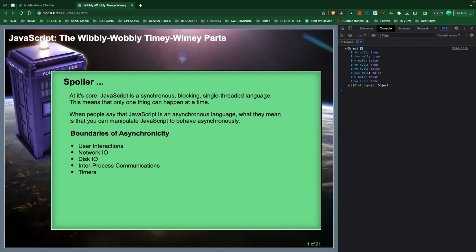At its core, JavaScript is a synchronous blocking single-threaded language. This means that JavaScript can only do one thing at a time. When people say that JavaScript is an asynchronous language, what they mean is that it can manipulate JavaScript to behave